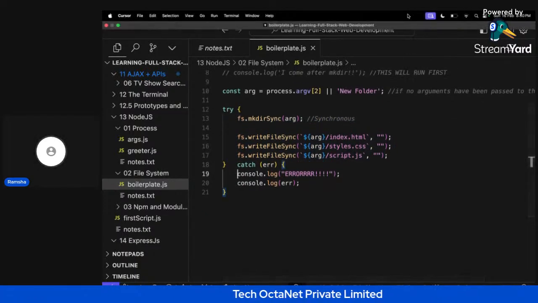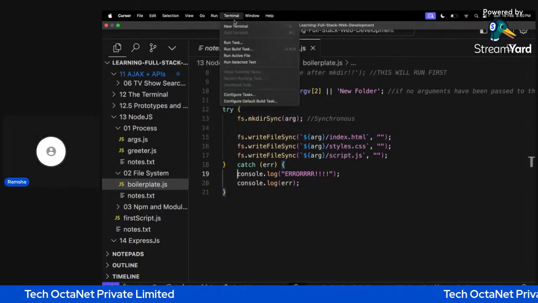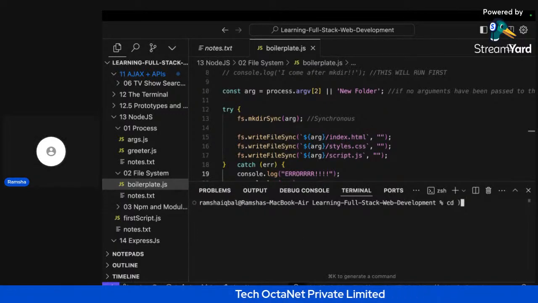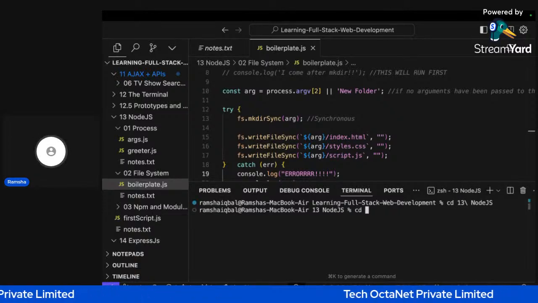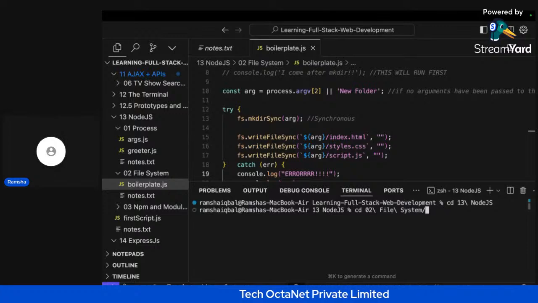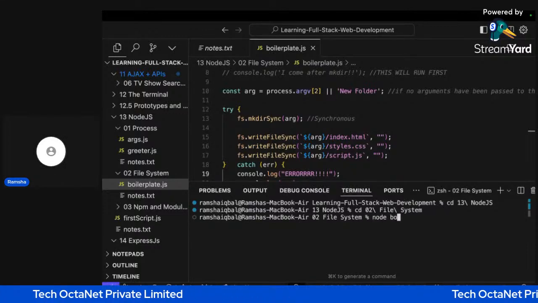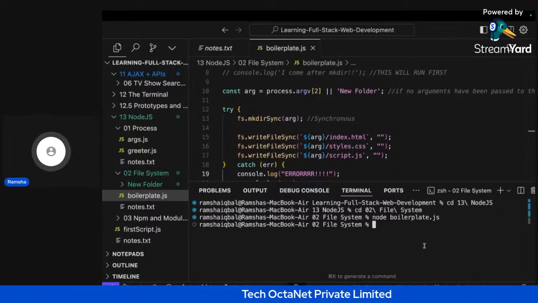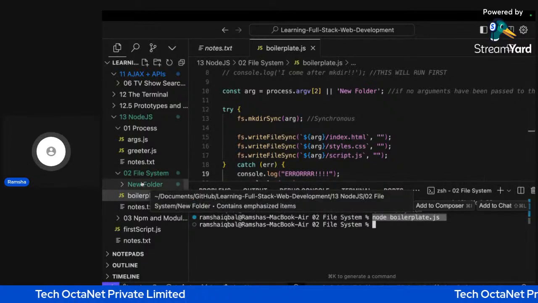Okay. So let me try if this particular thing is working or not. Let me open a terminal here and let me go to 0 to 13 Node.js. Okay. Then again I will go to file system. And let me try running this particular file, boilerplate.js. Okay, so now I have run this particular file, node boilerplate.js, and if you see, we have been able